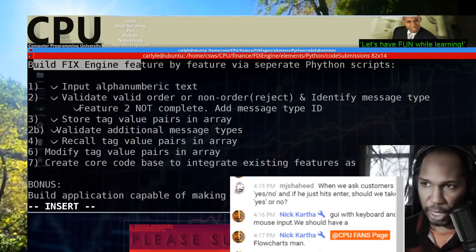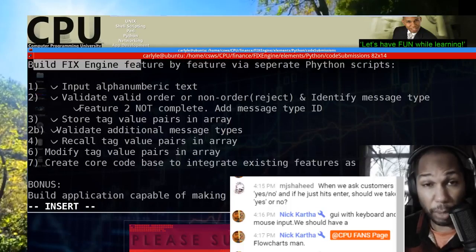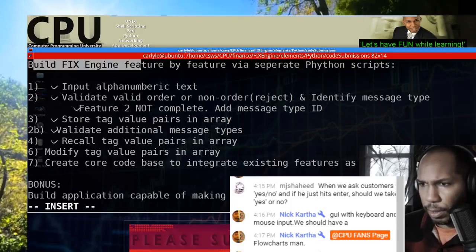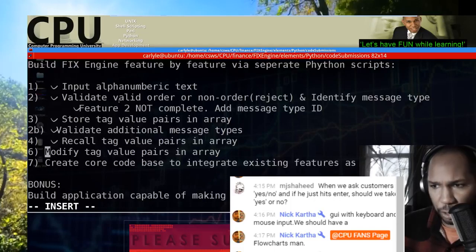So there is a heartbeat going back and forth, and then we introduce the ability to send an order, send back a response with an acknowledgement, and then be able to fill that order and complete the order. So that's the idea. Anyway, I got a little verbose there, but I want to show you. This is the feature request that we have and where we are so far.